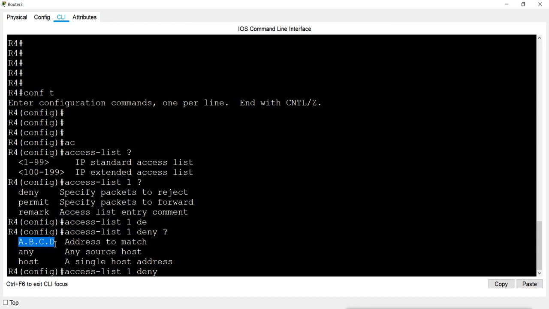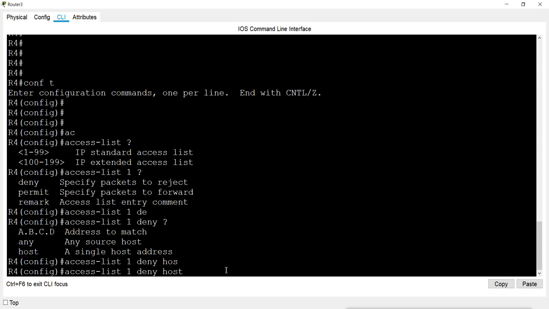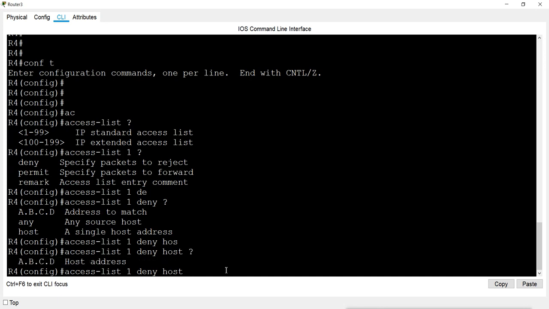Or if we want to allow everything, we can give any. Any means all. So first I want to deny a single host, so I will use the host keyword. Then it asks for the host address, and the host address is 10.1. Now when I give a question mark, it says there are no other options.